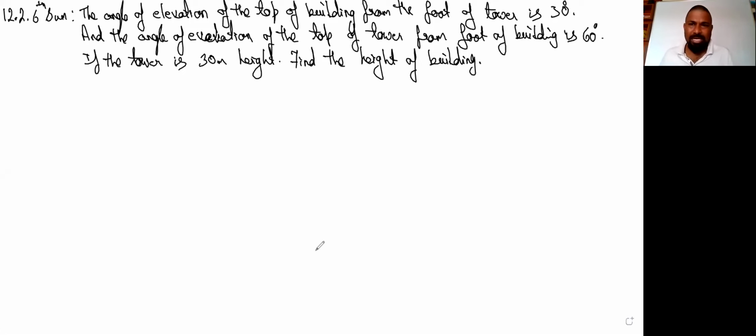Right. So, guys, if you straight away go, what are the objects present here? He is talking about a building, which is a vertical object, and he is talking about a tower. So he has given two vertical objects. Obviously, they are standing on the ground. So here, the horizontal object is nothing but the normal ground.